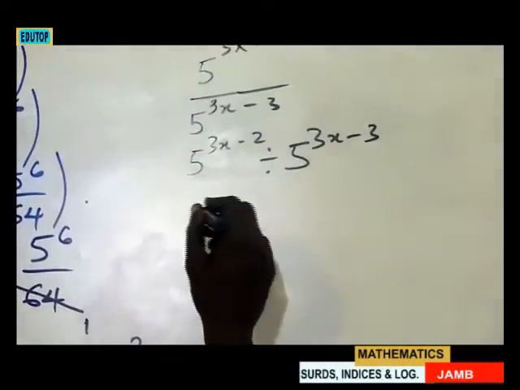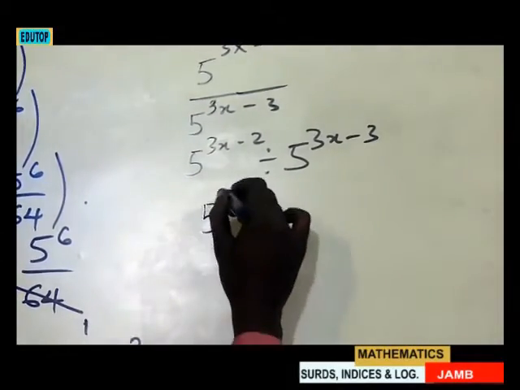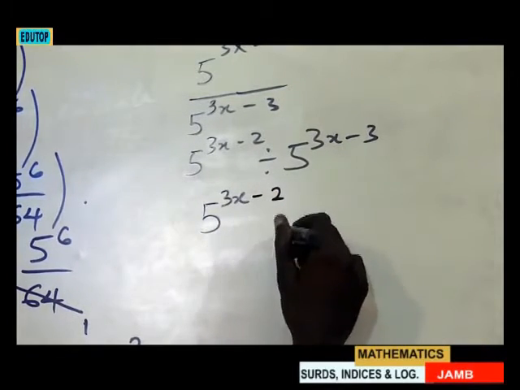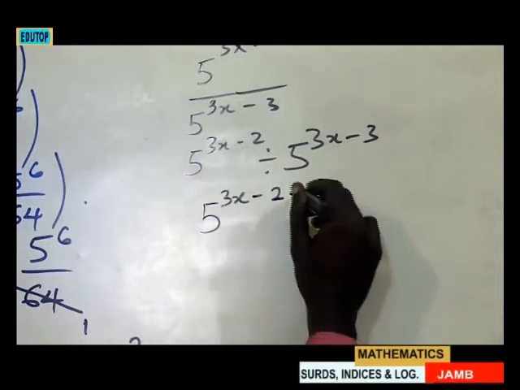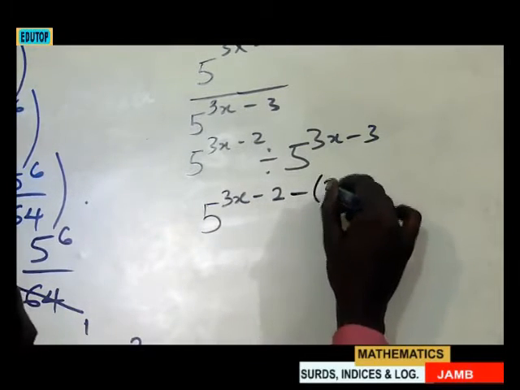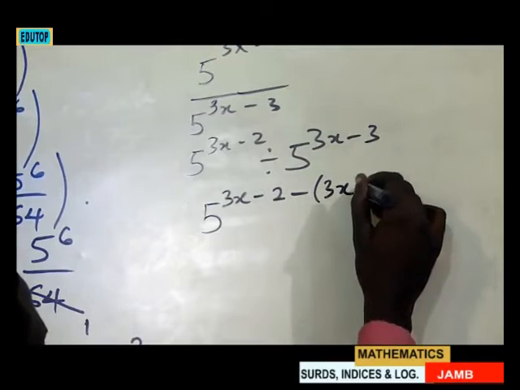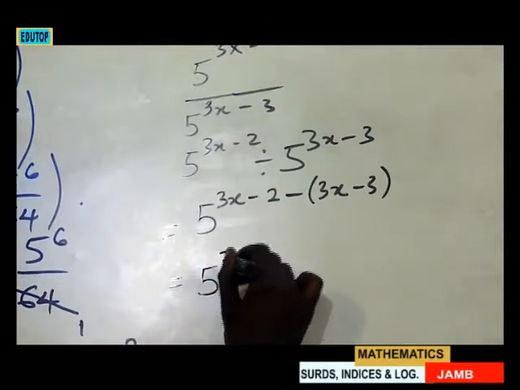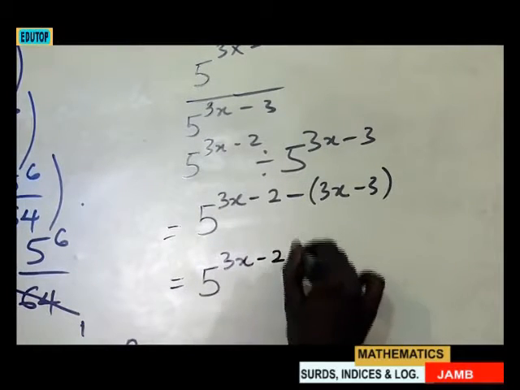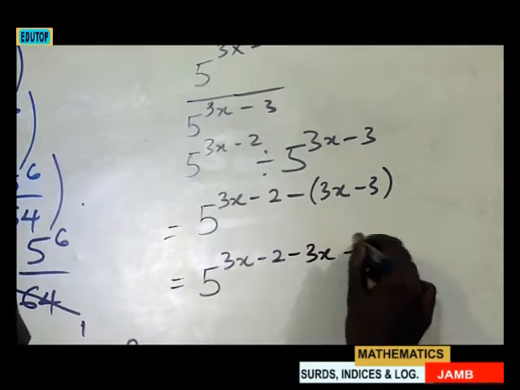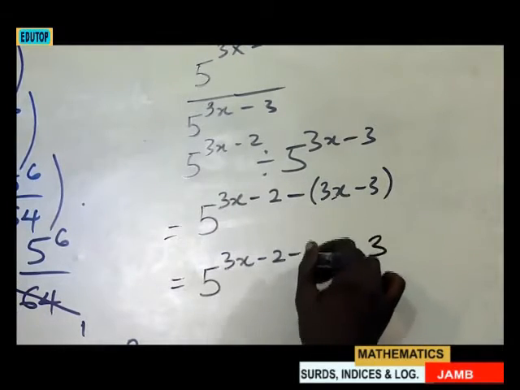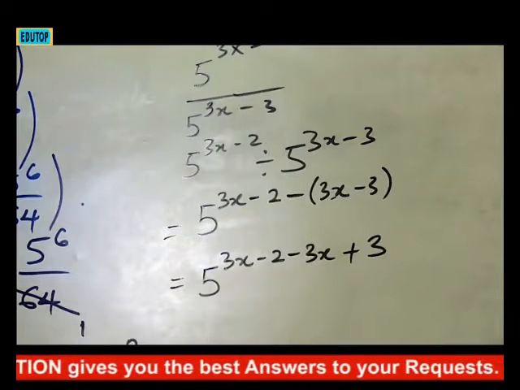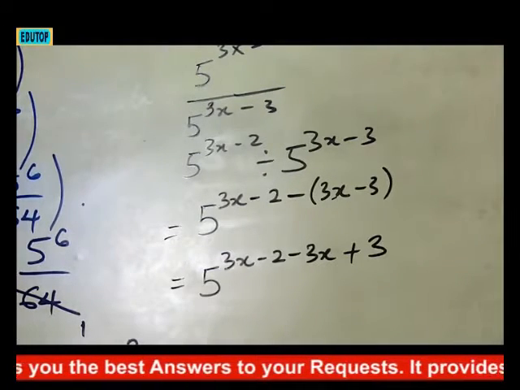you subtract the index. So it means 5^(3x minus 2) minus, put minus here, then get (3x minus 3). So I have 5^(3x minus 2 minus 3x plus 3). Because minus times this, minus 3x, minus times this, plus 3, plus 3. So in doing so, then we have